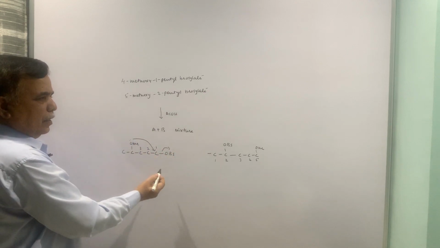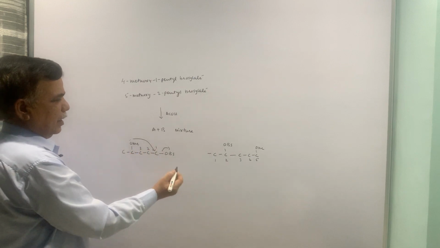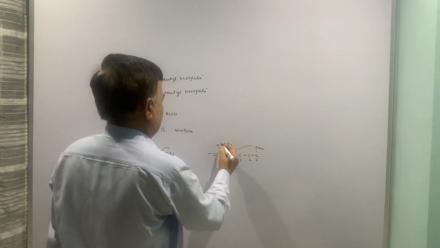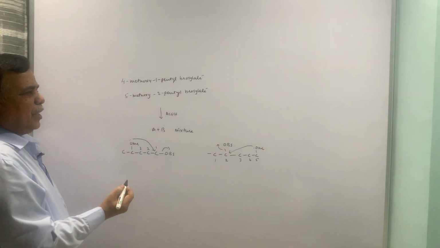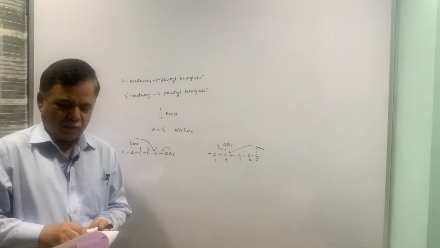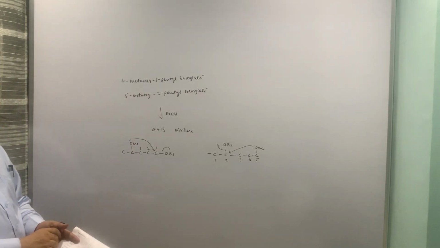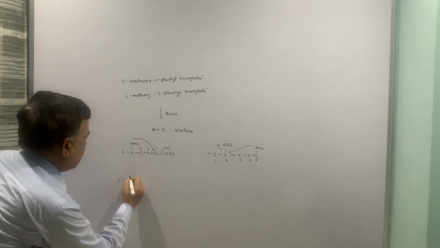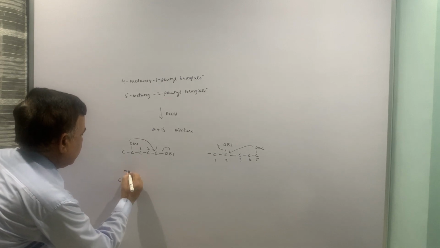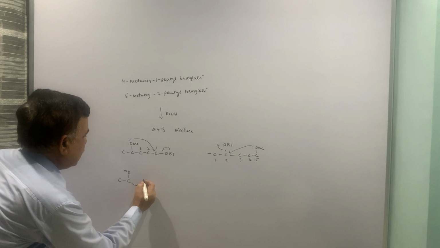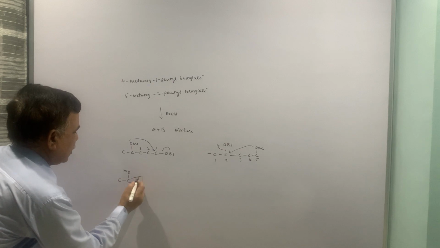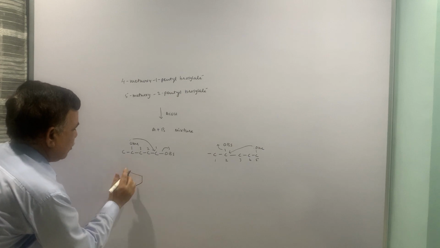So when this interacts, you will get one intermediate. Similarly, when this interacts, you are going to get the same intermediate. So the intermediate is the same, that is why the product will be the same. I will just draw the intermediate which has the OMe part. Now, O will be positive here. These are 3 intervening carbons I am drawing, and then this has to be linked to oxygen because oxygen is forming a bond.